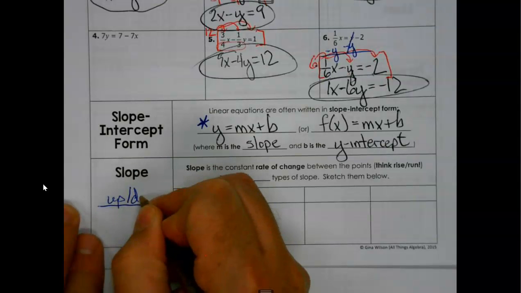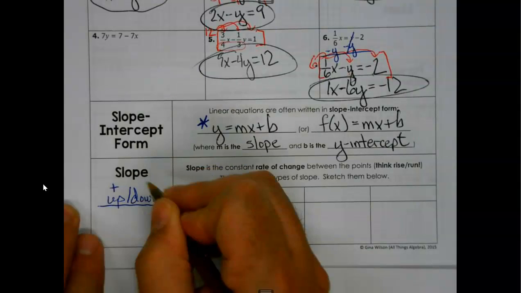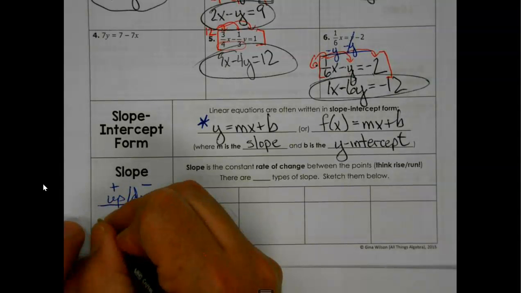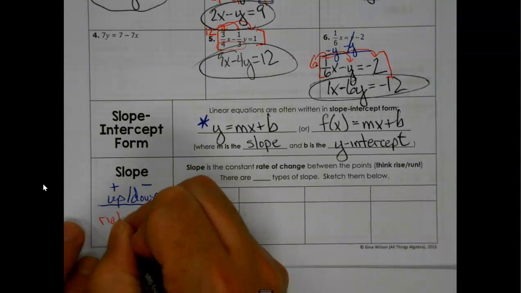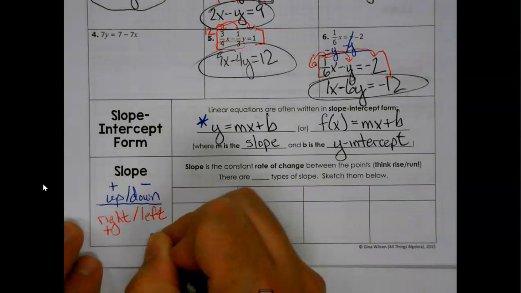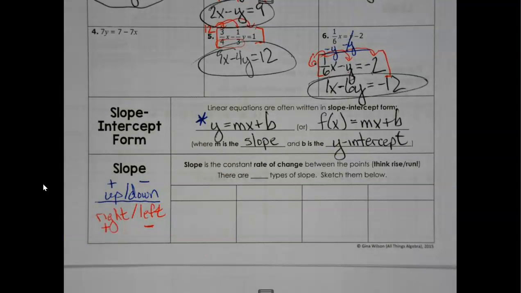The top of your slope fraction will tell you if you're going up or down. And the bottom of your slope fraction will tell you if you are going right or left. We've got to keep those straight. Those are not interchangeable. If we flip and do run over rise, oh dear, we're going to have all kinds of problems here. So, when we do slope,